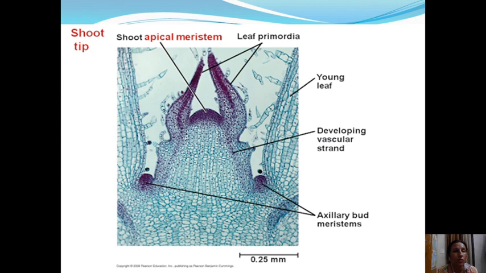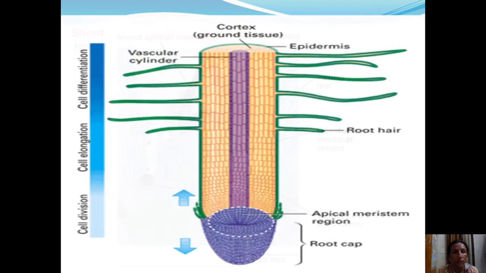This is the structure of shoot apex. Shoot apex is present at the tip of the plant. It is covered by leaf primordium. Young leaves form an overarching structure over the shoot apical meristem in order to provide protection to it. Axillary buds arise from the lowermost part of the young leaves.